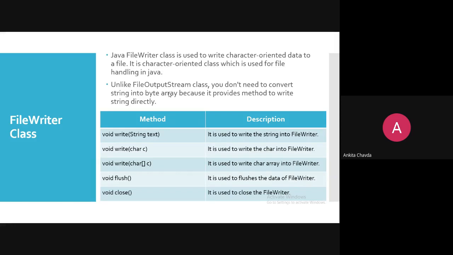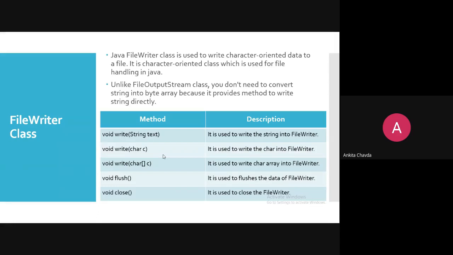In FileOutputStream, we are always writing our data as bytes. So whatever string or character we have, we convert it into a byte array and write bytes. You can imagine a byte is a kind of integer, meaning you are writing your data in number form. But here you are writing everything in character form, or you can directly pass a character array, or even directly pass a whole string.